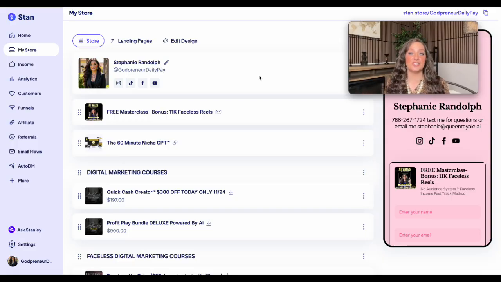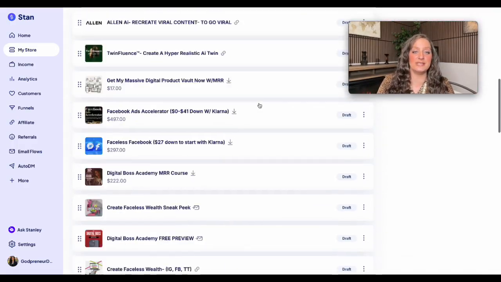And just recently I switched over to Go High Level because a lot of my mentees were struggling with the sales page part. And so I have a whole bunch of templates inside of my Go High Level that I give them access to that are professionally built out. And I'll show you one of them in just a moment. But I give my mentees access to actually be able to use my sales pages. So they just have to fill it in, copy and paste. Okay. And especially the better high quality your sales page is, the more professional you look and the more sales you'll get. Okay. But for now, let's just go in here to Stand Store.